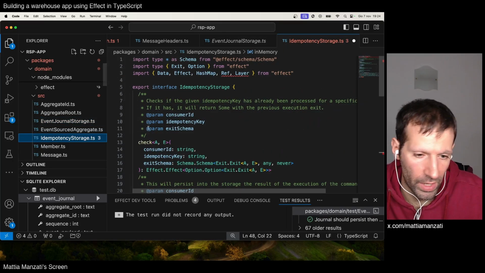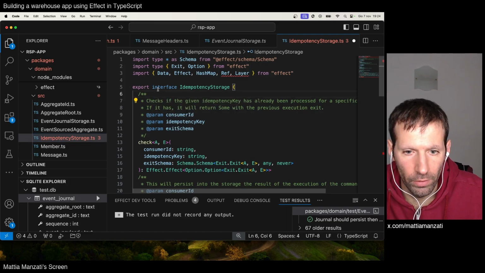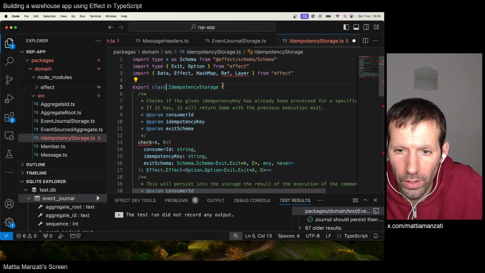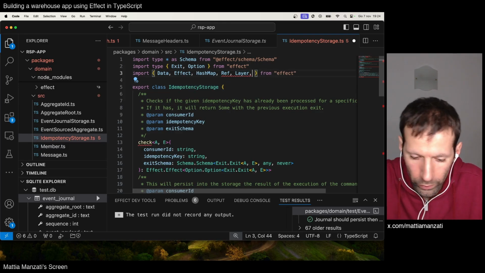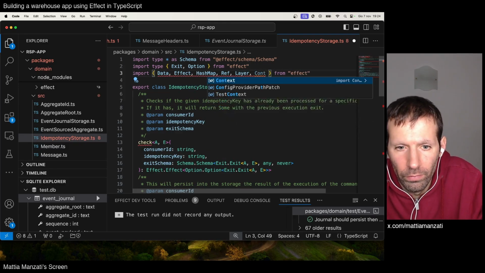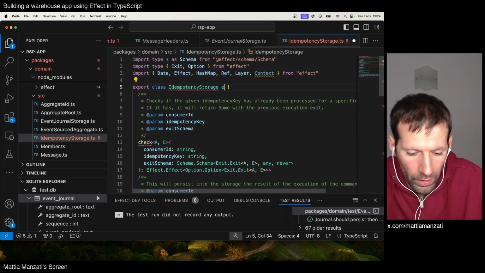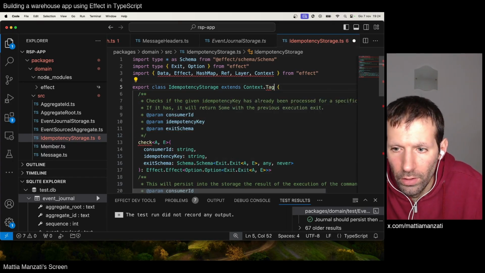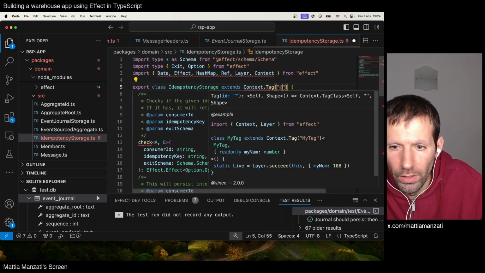So let's do that again. So instead of export interface, we will do export class. And we need to import the context from effect, and we'll say extends context dot tag, and we need to provide a tag